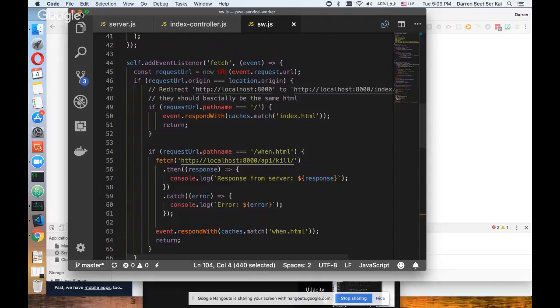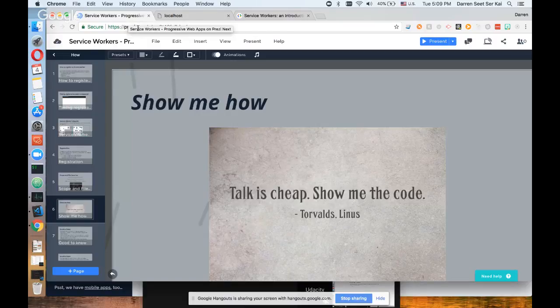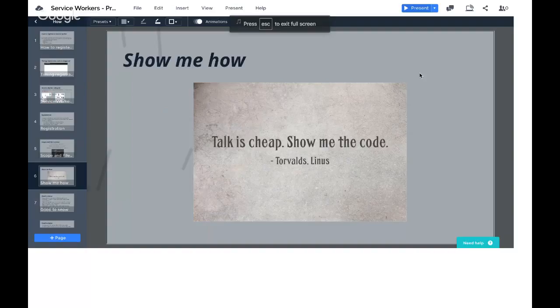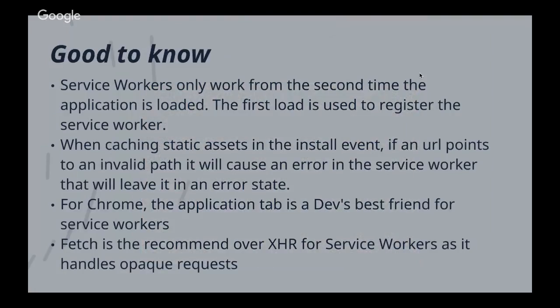Let's see. We are done with the code. So there are things that I feel are good to know when you start working on service workers.